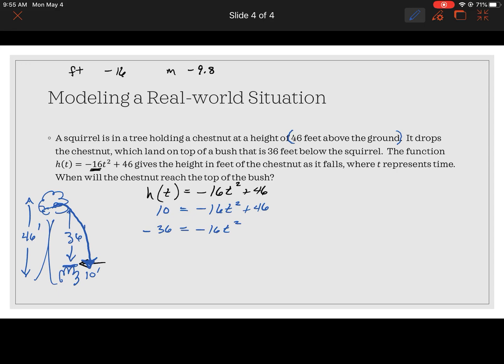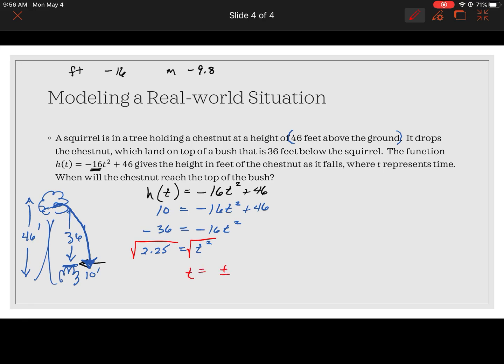squared. You can divide both sides by, let me get my calculator here. Divide both sides by 16, or rather negative 16. So 36 divided by 16 is 2.25. Probably should have known that. Which means I've got a t squared equal to 2.25. But of course, I need to take the square root of that, right? So square root of both sides to get t by itself is going to be t is equal to plus